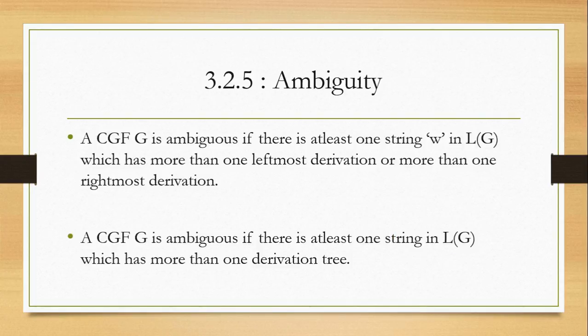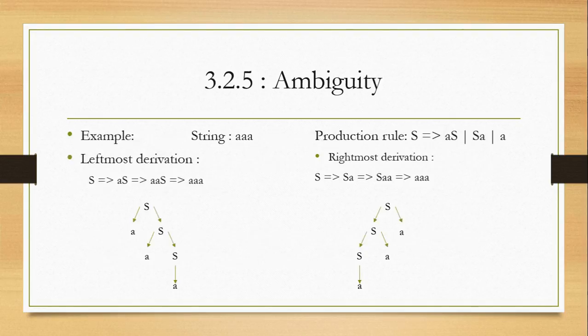Ambiguity. A CFG grammar is ambiguous if there is at least one string w in language G which has more than one leftmost derivation or more than one rightmost derivation. A CFG G is ambiguous if there is at least one string in language G which has more than one derivation tree. For example, we have the string AAA,